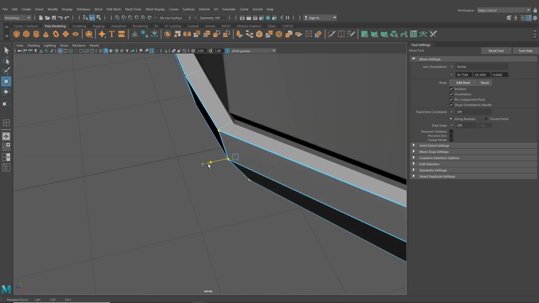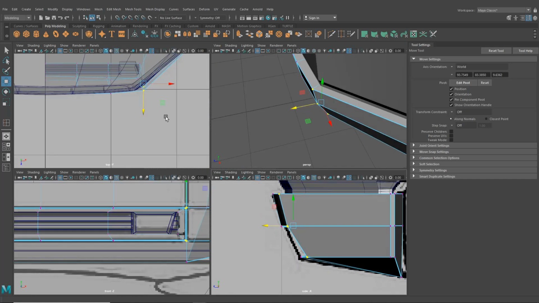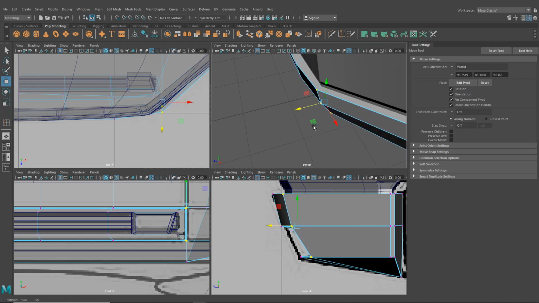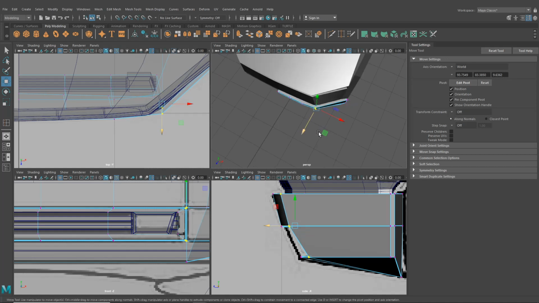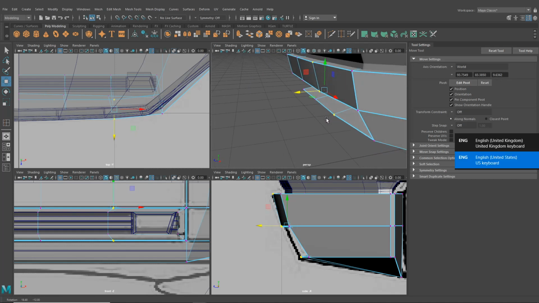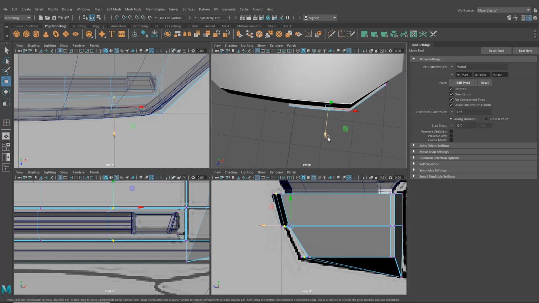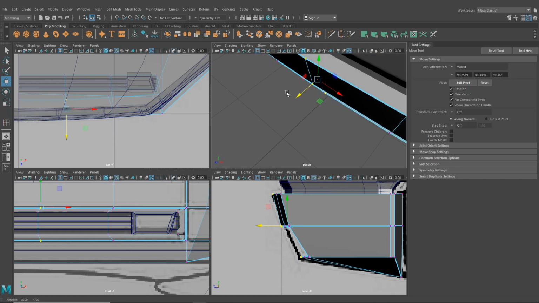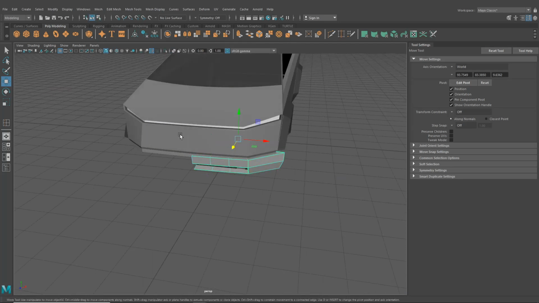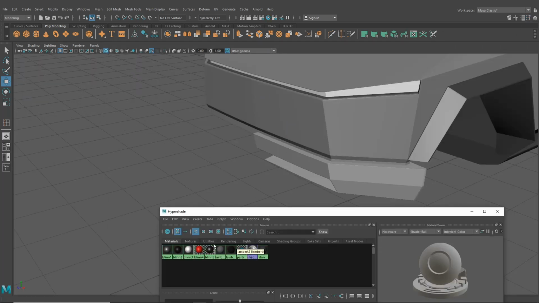So maybe what we'll do is let's maybe take that in a touch. Maybe something a bit more like that. And then obviously we've got a curved front, so we'll maybe want to match that up here too. So I'll drag all these. Okay, so I think we want that to be something a bit more like that. Okay, and then we can go ahead and let's bring in our